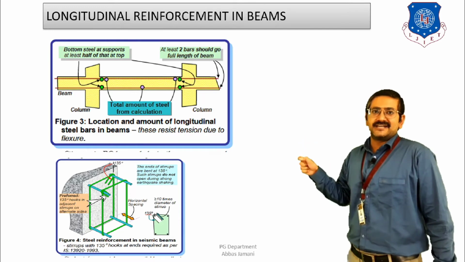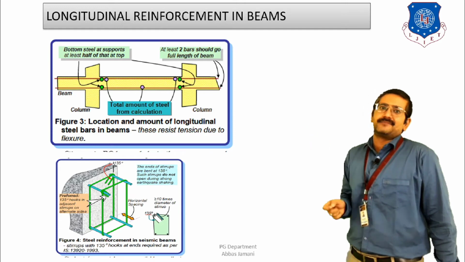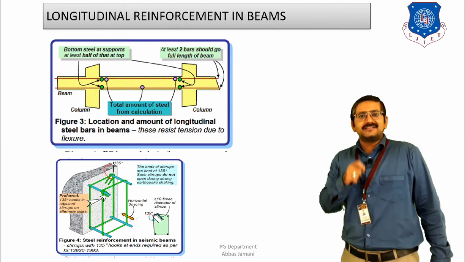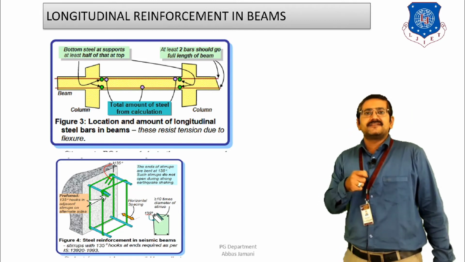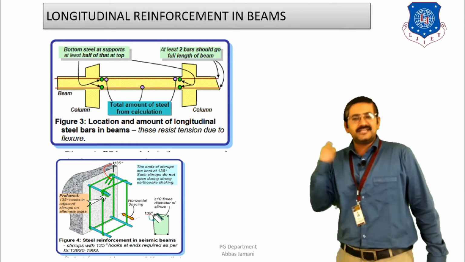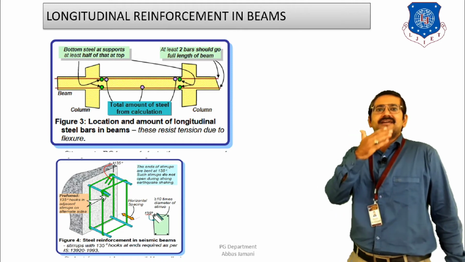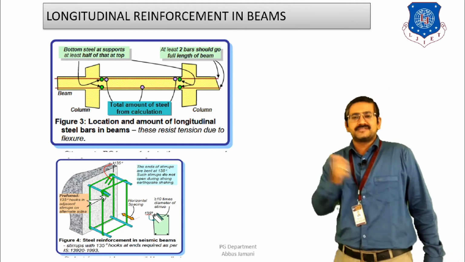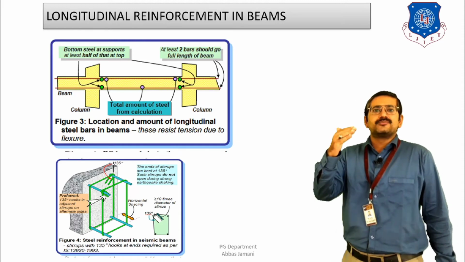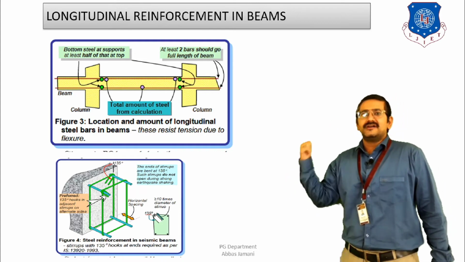the positive steel to be provided should be at least 50% of the total negative steel provided at that particular junction, right? The negative moment or the tension face is going to be on the top side. If you look at the moment diagram of a continuous beam, we all know that the tension face develops at the top side of the beam, near the support. So whatever steel you provide for that particular moment, half of that steel has to be provided at the bottom also, near this junction.